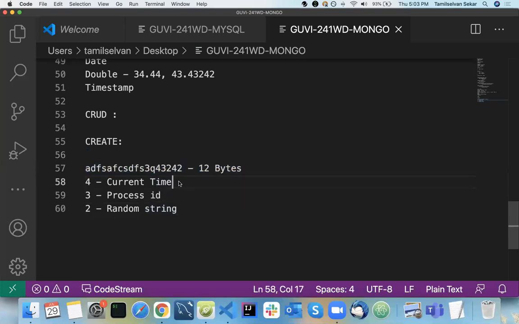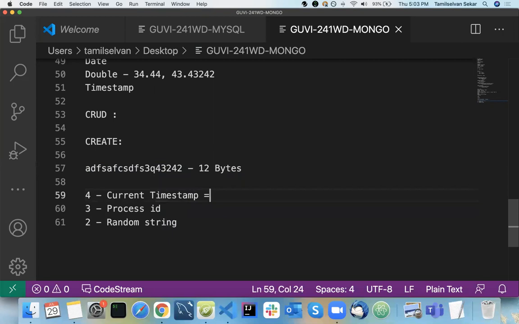So it is going to be 12 bytes, and the first 4 bytes are going to be your current timestamp, the time the record was inserted. This is an interview question, that's why I'm explaining it again.